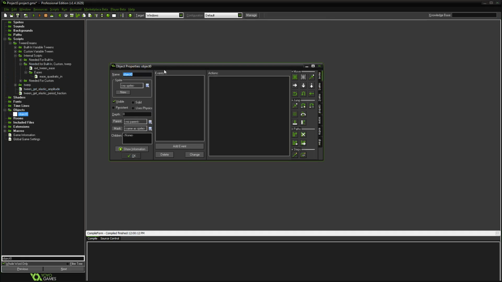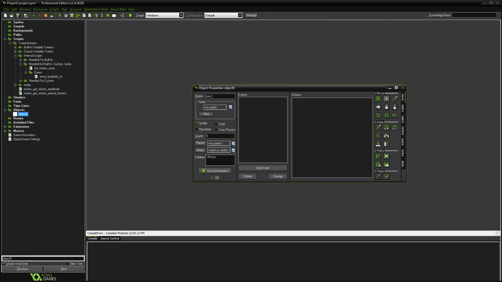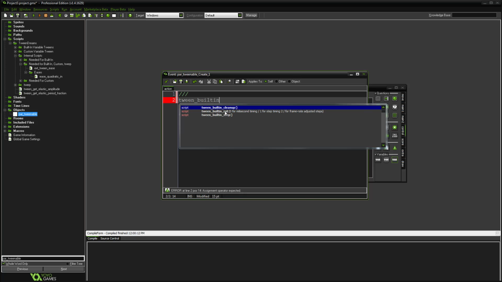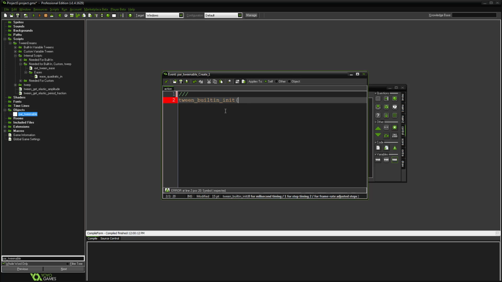The easiest thing to do here first is just make a parent object. Pretty straightforward. In our create event, we're just going to add one of our initialization scripts. So this is going to be tween built-in init. You'll notice that all the scripts will have the arguments listed on the bottom here. Both the built-in and the custom,